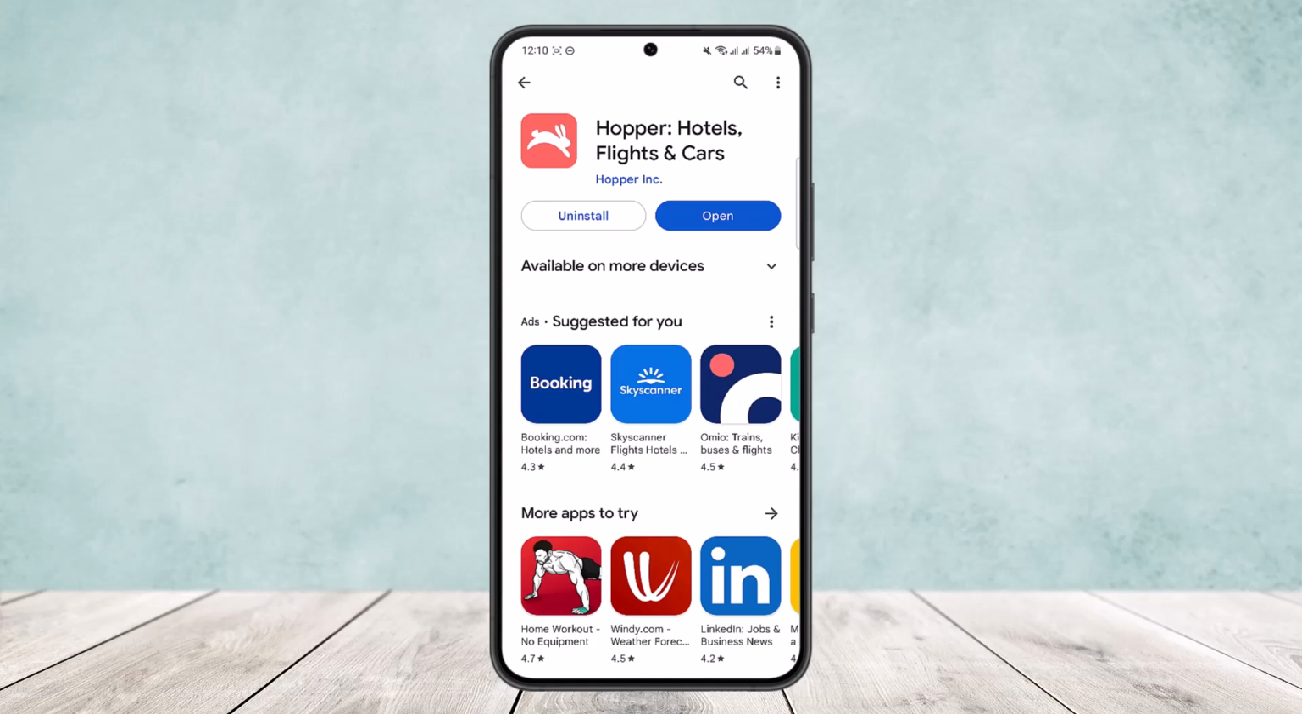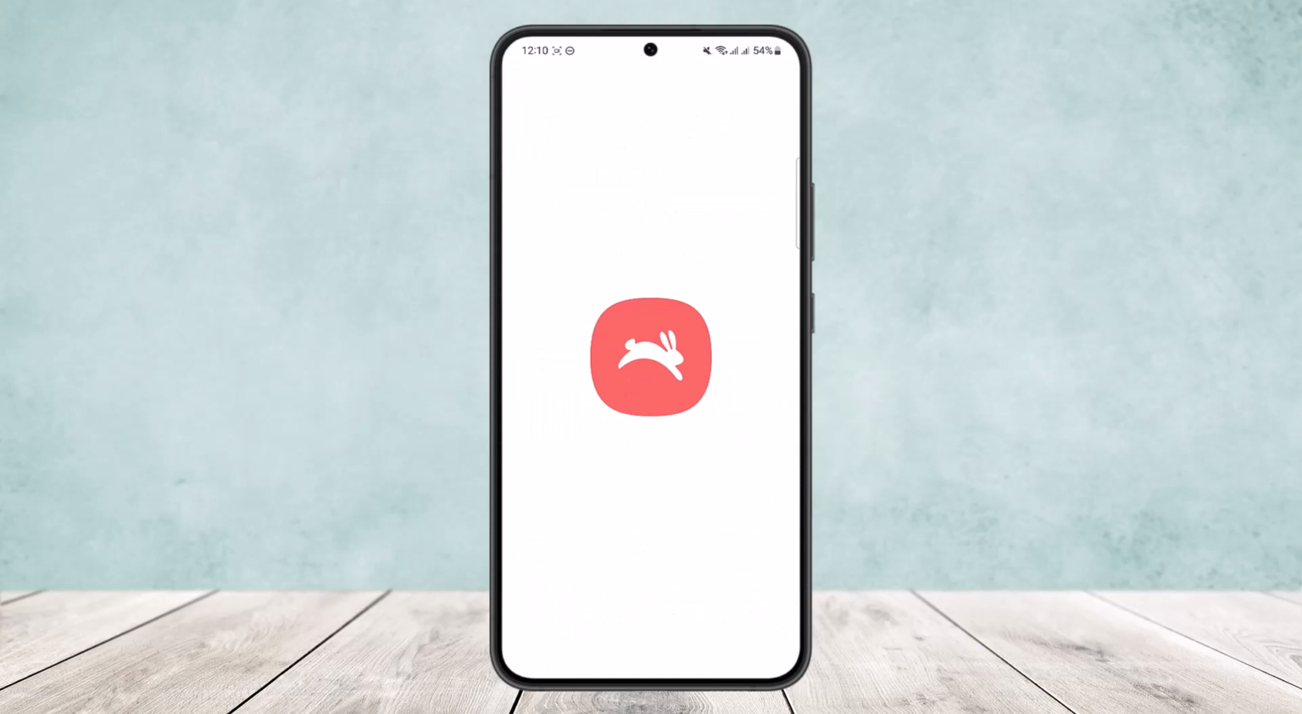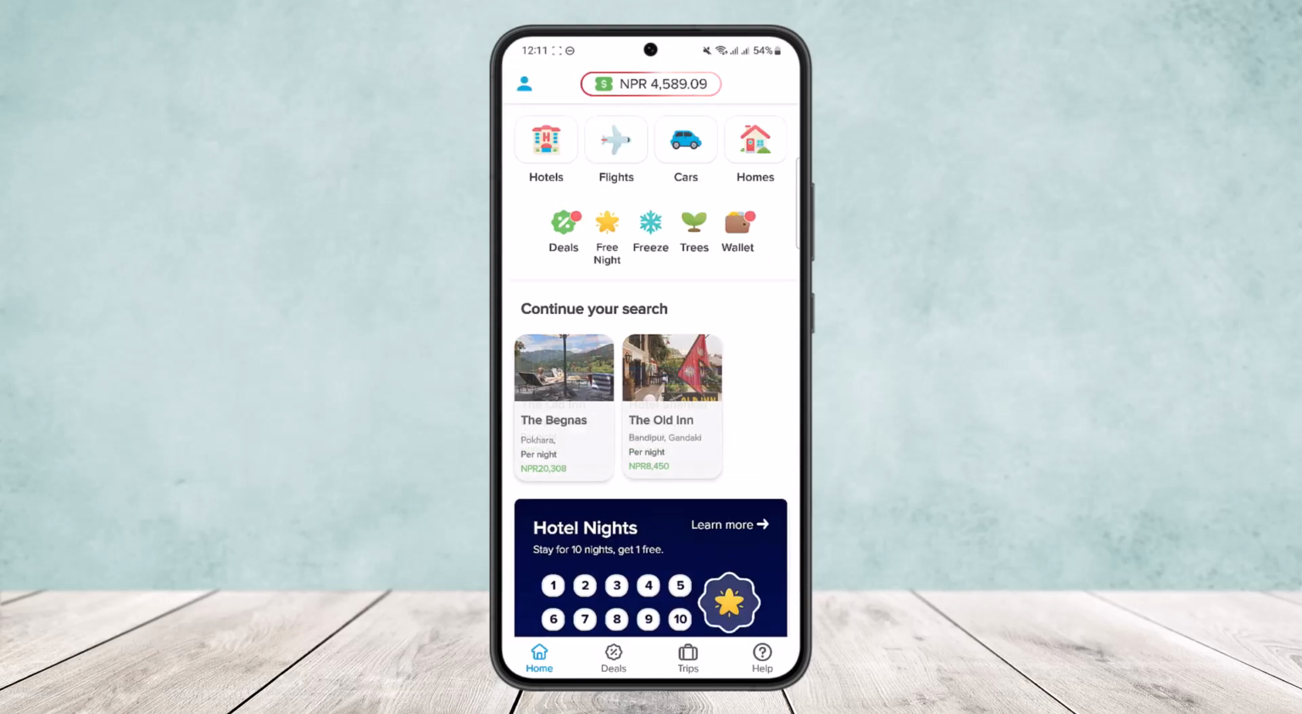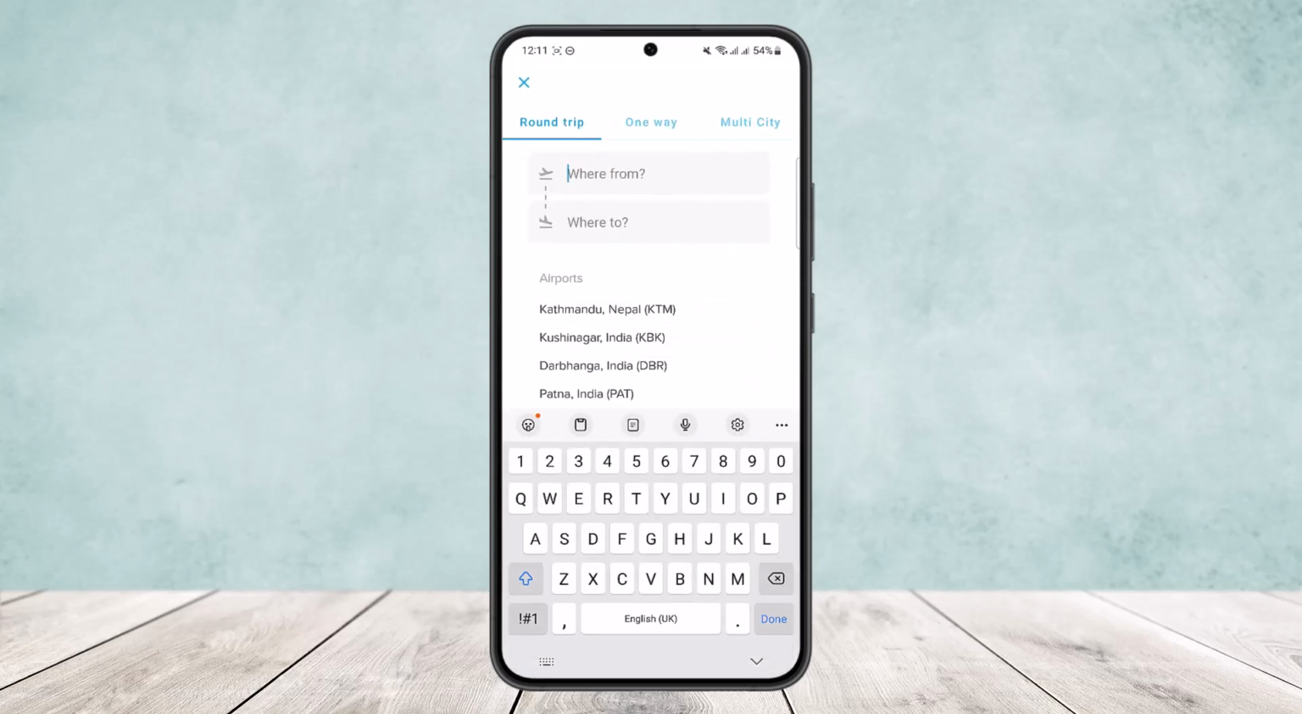Now to book your flight, what you want to do is simply open up the Hopper app and make sure you're logged into your account. Now currently I'm not logged in, but I'll just show you quickly how you can book one. At the top you can see hotels option, flights option, cars option and homes option. Simply tap on the flights option there, and once you tap on flights option you will have to select your round trip here. From here I'll just select Nepal here,